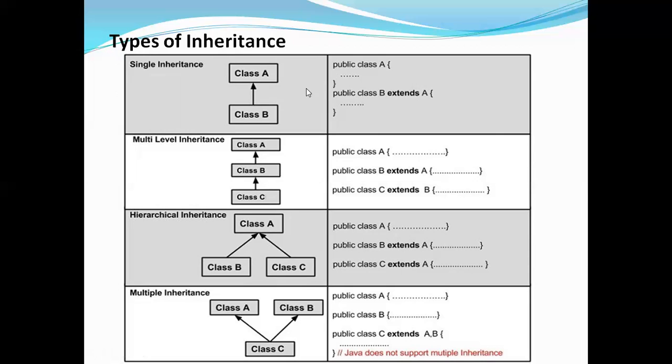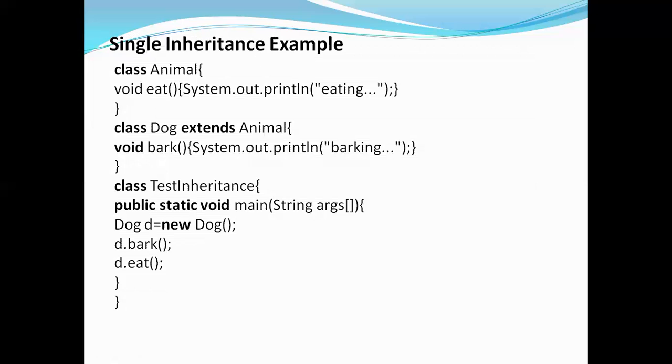So what is single inheritance? Class B will extend class A. So we can take the previous two examples also as examples of single inheritance. Now let's see again. We have a superclass called Animal. In this superclass we have a method called eat. In this eat method, I'm just printing a statement, eating. Now I have another class, Dog, which is extending Animal. Dog is our subclass which is extending the superclass Animal. In this Dog class, I have a method called bark, in which I am printing a statement, barking.